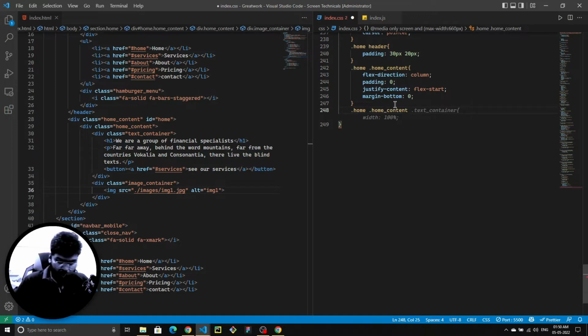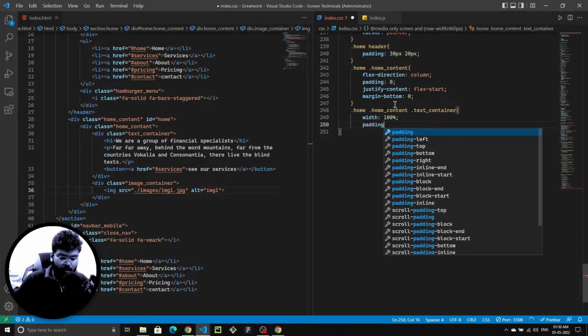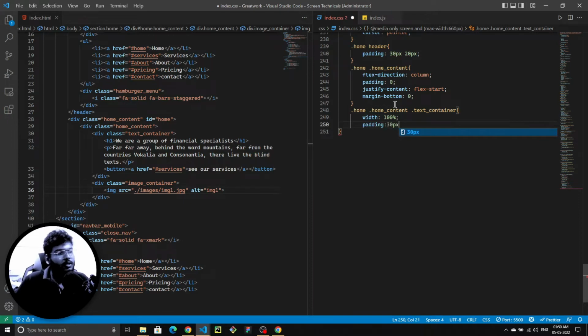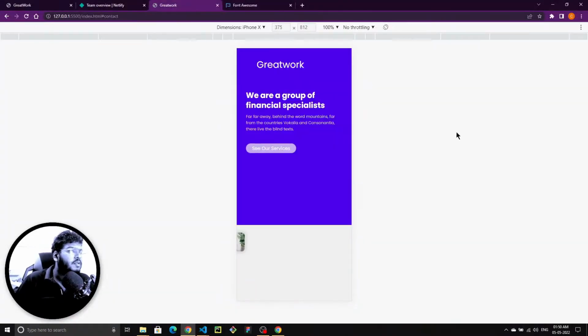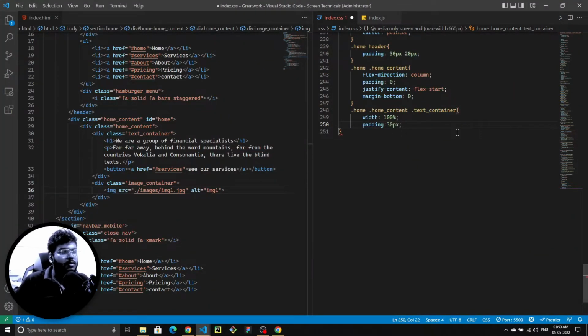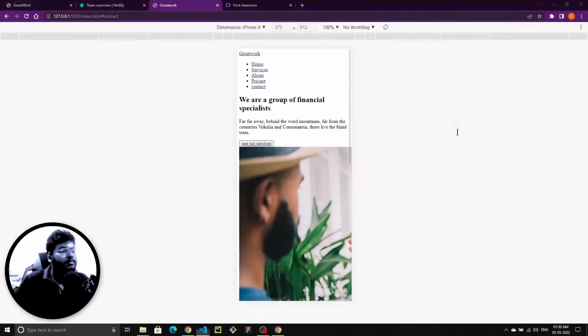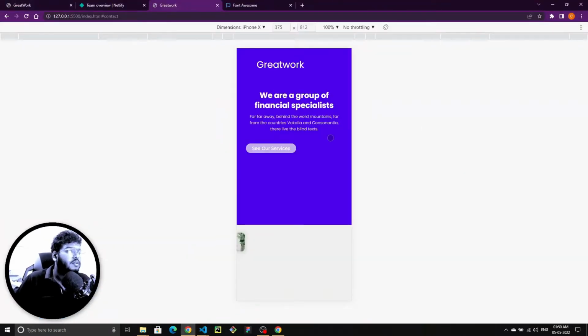I have the dot text container, and I'm going to give it a width of 100% and a padding of 30 pixels. Okay, padding of 30 pixels, just like this, and you can see the text align is going to be center, just like this, right,